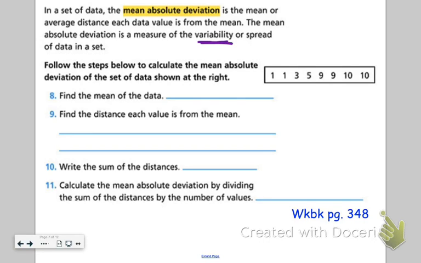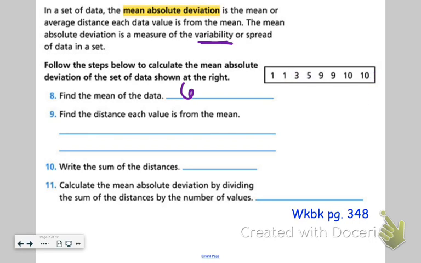I have to add up all of these numbers, and then I'm going to divide by, let's see, I've got 1, 2, 3, 4, 5, 6, 7, 8, and then I'm going to divide by 8 because I have 8 numbers. So 1 plus 1 plus 3 plus 5 plus 9 plus 9 plus 10 plus 10. That's 48. And then I'm going to divide by 8 because I have 8 numbers. And that's going to give me a mean of 6. So now the next thing we're going to do